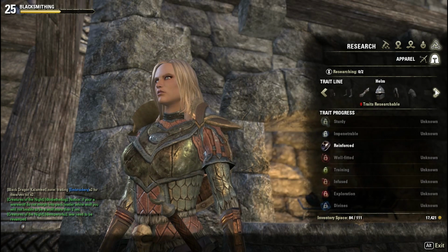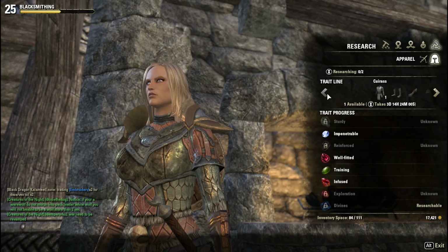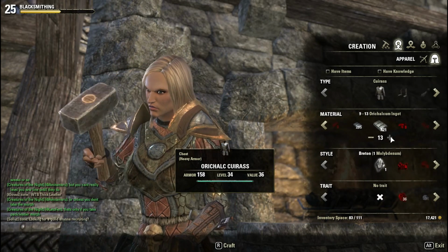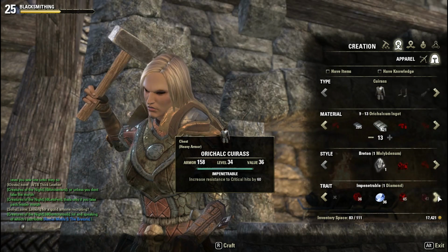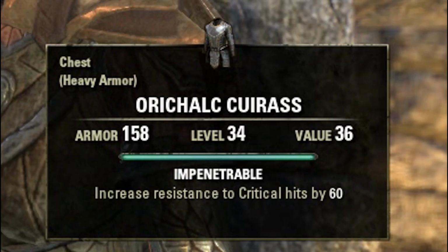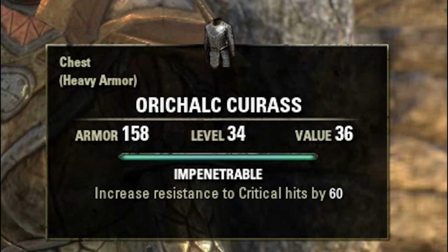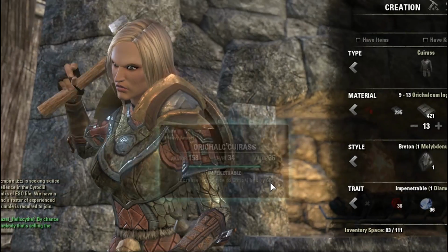Now I want to show you that when you increase the quality of an item, it increases the power or the effect of the trait that's on that item. So just for an example here, what I'm going to do is create a level 34 item with the Impenetrable trait applied. Don't forget, as you can see in the 4th trait line, it uses a diamond to apply this trait. As you can see, the item description down the bottom says Impenetrable increases resistance to critical hits by 60. So what I'm going to do is create that item, and then we're going to go over